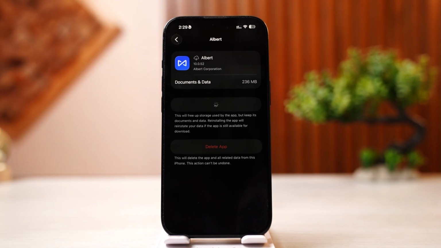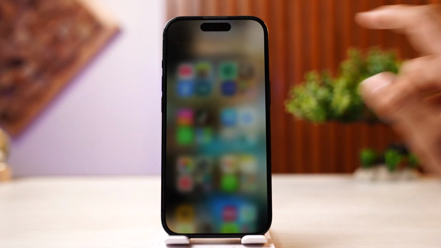However, if there's any other kinds of problem in the application, you can simply restart your device once and open the app